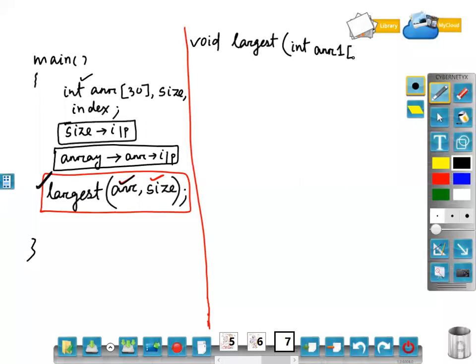This part during declaration cannot be blank. Remember, in the array brackets, this value cannot be blank during the declaration time. But while catching in a function, you can keep the value blank in a 1D array. This is a single dimensional array. So while passing the array in a function, only the name is sufficient. While catching, you have to specify which kind of array, and you have to catch with another array. But at this place, if I write 30, it's okay. If I don't write anything, that is also okay.